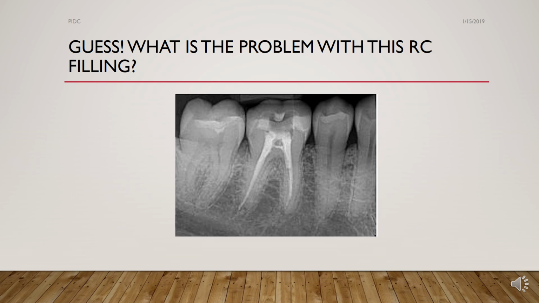In the mesial canals also, the operator looks like didn't determine the working length accurately in one of those canals. There's a void here, so maybe short in one of those canals. So the determination of working length is a very important step. It lays down your foundation for your cleaning and shaping and obturation.